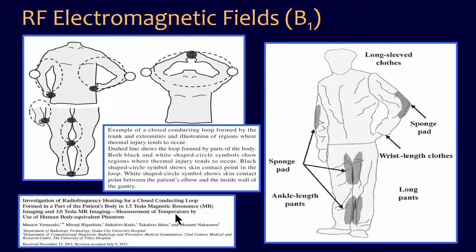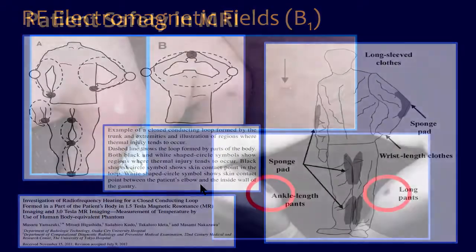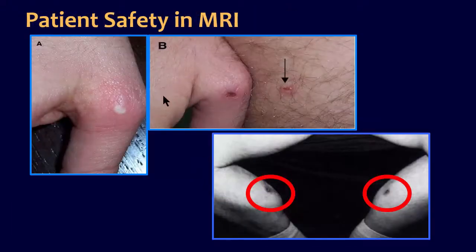So you need to look into these articles. There's been several published now about where these points are, and you need to be careful about the scan subject experiencing this. This gentleman had his thumb against his thigh, and that caused a burn there. This gentleman had surgery on his thigh, and so it was much smaller than the other one, so when he put his legs together, only his calves touched, and then he